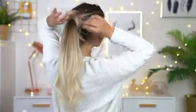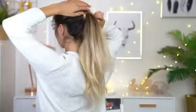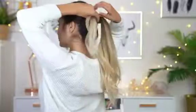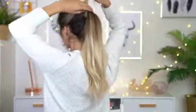Again, this is a little bit tricky, but once you get the hang of it, it is so easy to do. To make this a lot easier, you want to make sure that you leave enough slack in the hair so that you can actually loop your fingers underneath that strand. And once that's done, you want to repeat the same thing to the other side, and this just